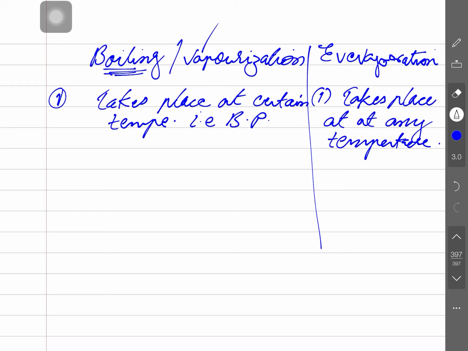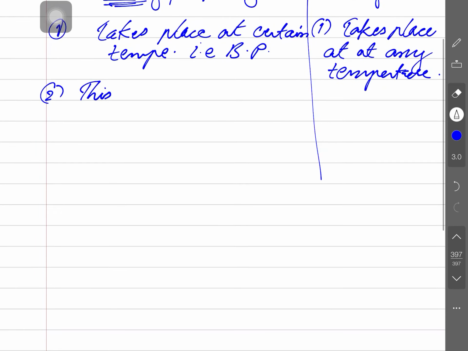Right now, second, the boiling point. What is the throughout phenomenon? This we can speak here. If we see the temperature or the heat distribution throughout the medium, then it will be the same at all points of the liquid. It means that what I am talking about, suppose you have taken a beaker,